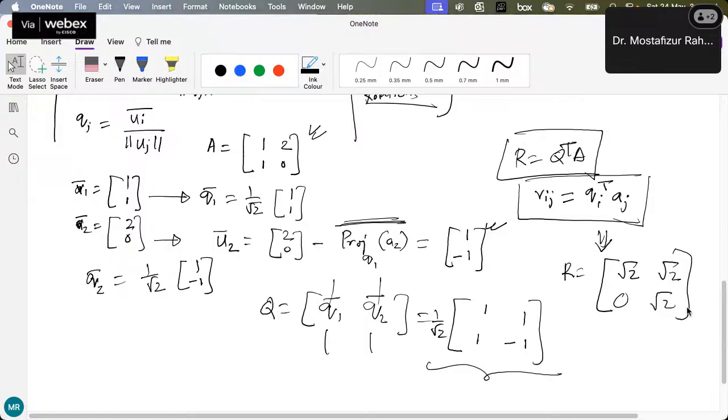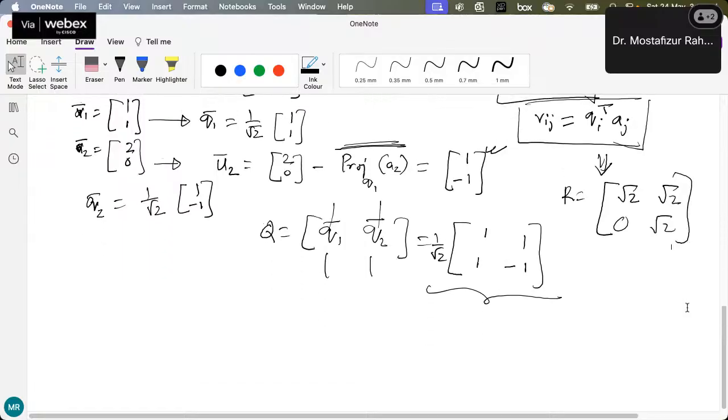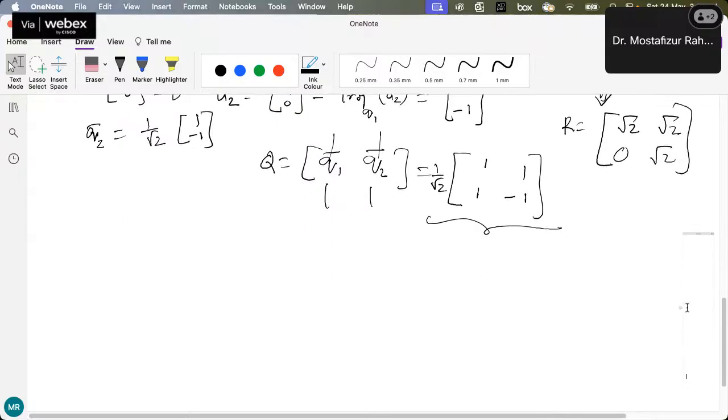The calculation is not the important thing. Your computer will be doing this. But what is important is: why should we do the QR decomposition? What is so important here? Why should we study this thing? With this question,